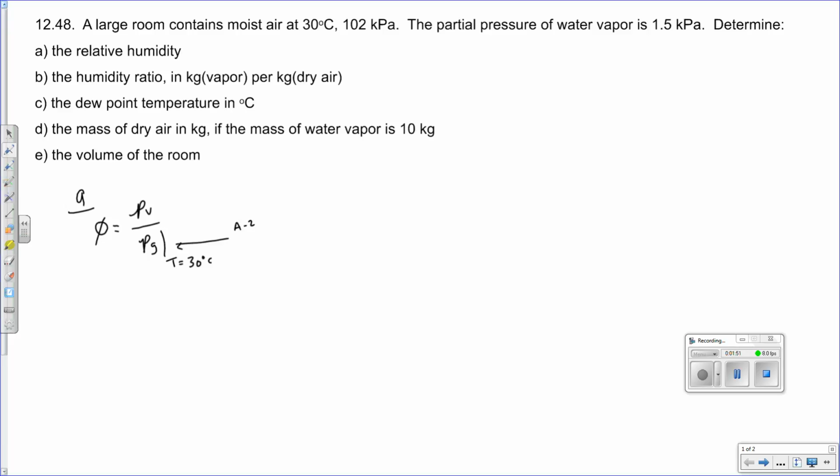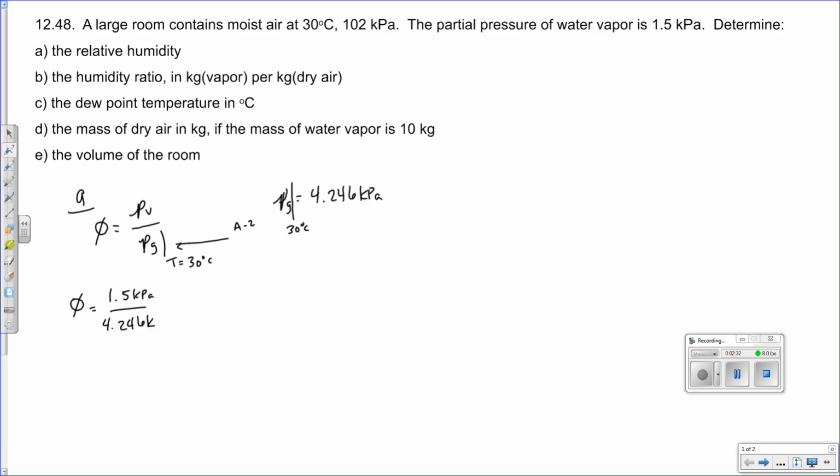We go to that table, we look up 30 degrees C, and we can look up P sub G at 30 degrees C. When we do that, we find out that P sub G at 30 degrees C is equal to 4.246 kilopascals. Now that's written in bars in the table, but we can convert it to kilopascals. So the relative humidity phi is just simply the ratio of our vapor pressure, which is provided, 1.5 kilopascals, to our saturation pressure at 30 degrees C,